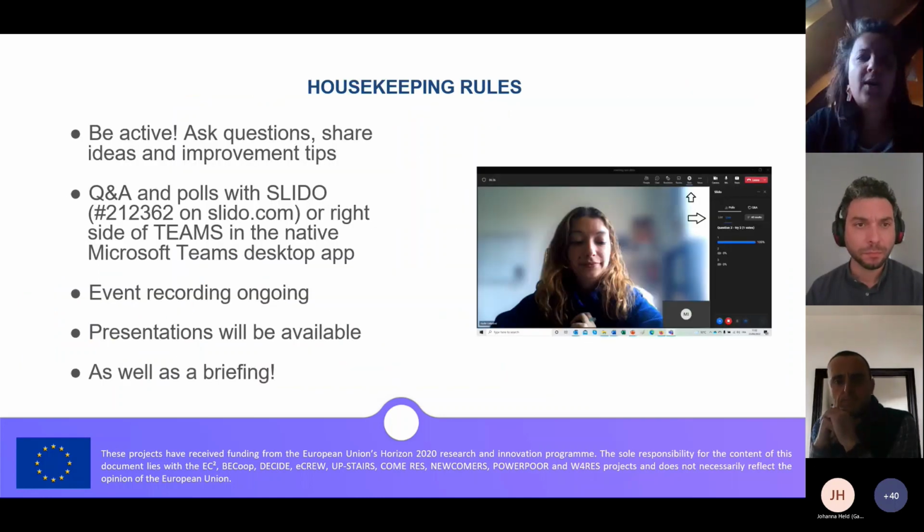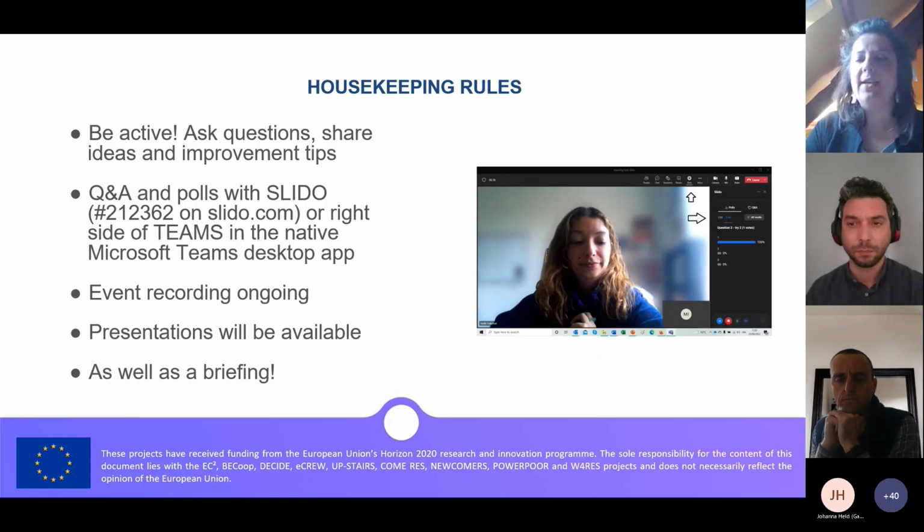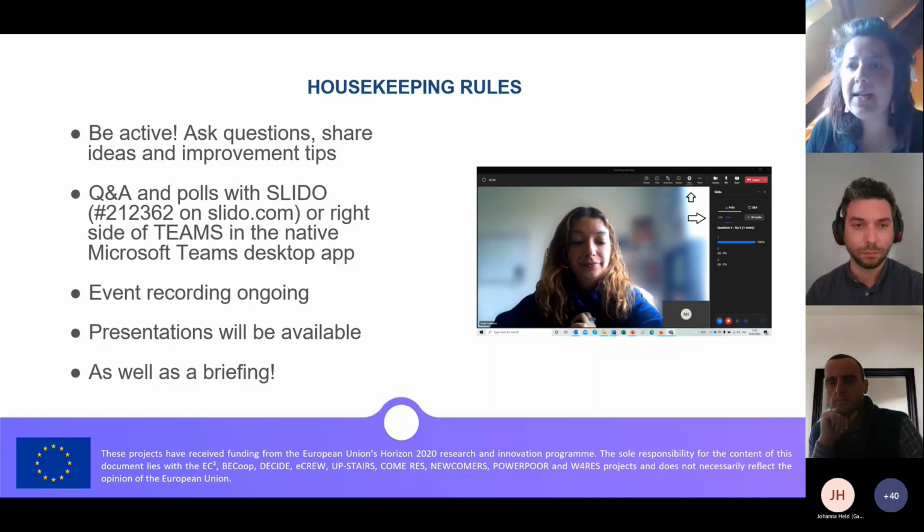A few housekeeping rules. So normally you all have access to your microphones. Of course, I ask you to please keep them down until you have a question. In principle, we would rather have you ask questions. So you can see normally on the top of the slides an icon for Slido. And if you click on it, you will be able to see the polls that we will share. But also you have inside Slido a Q&A. So ask your questions there and you can vote for other people's questions so that they are put on top basically, and we can answer them at the end of each session.